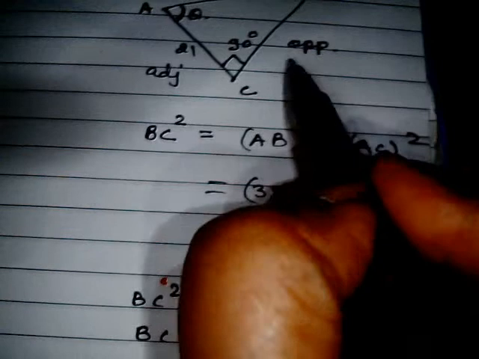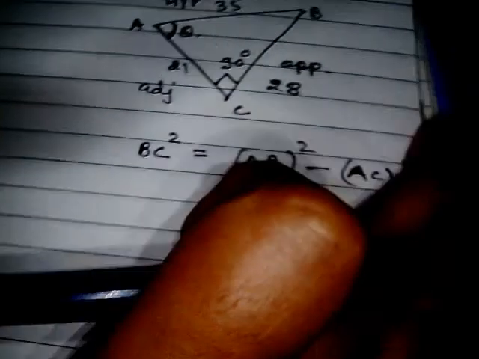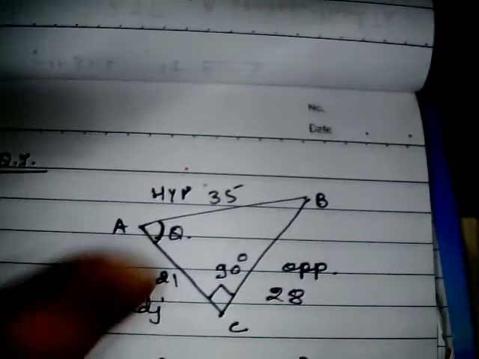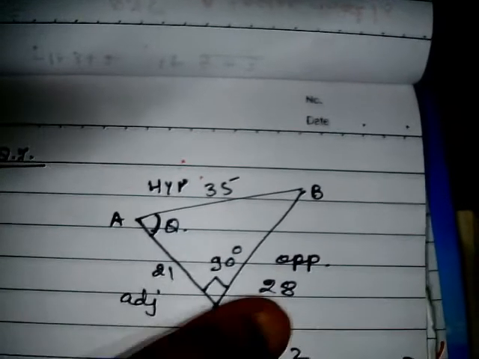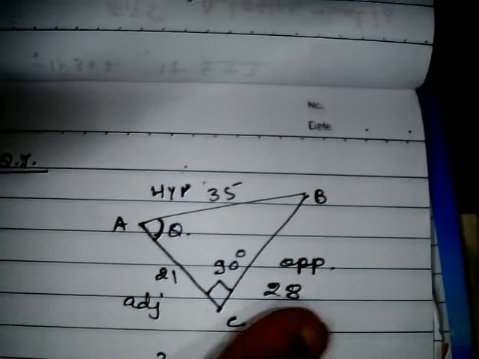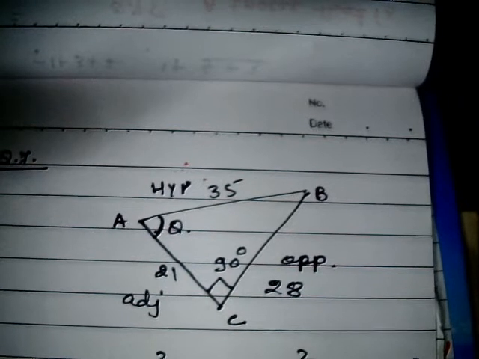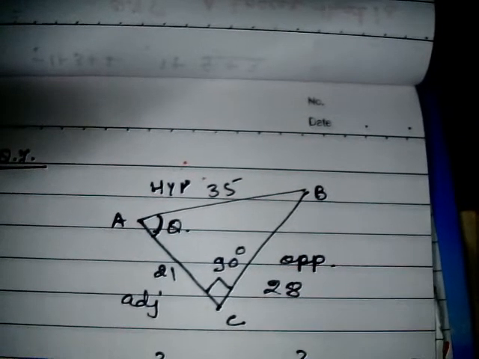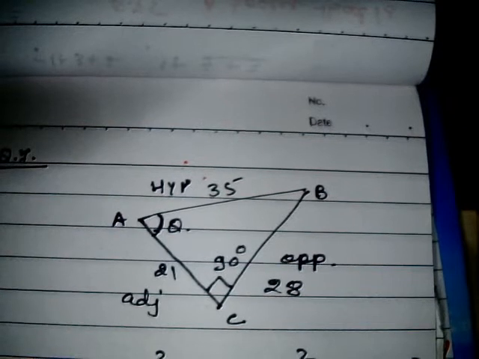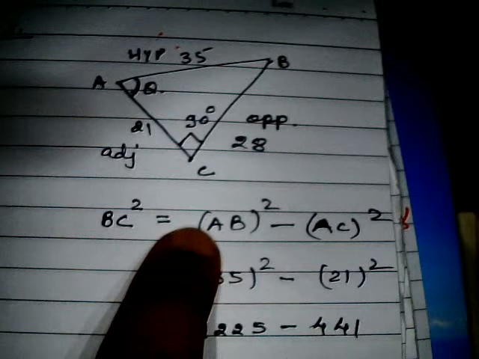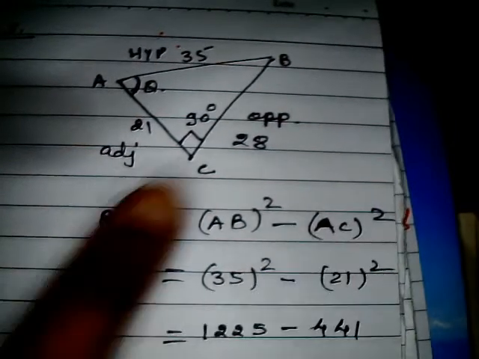So this is how we have calculated. You need to keep in your mind, whenever the hypotenuse is given and one side, either opposite or adjacent, is given, to calculate the side which is not given, whether it is opposite or adjacent, always from the hypotenuse you need to subtract the given side, the adjacent or opposite, whatever is given. So this is the way of writing: hypotenuse square minus the other side which is given, and the side which you need to calculate, you keep it on the left side if you are confused.